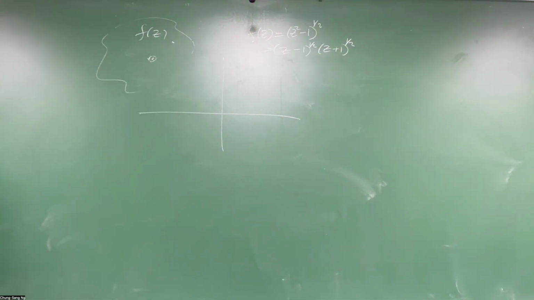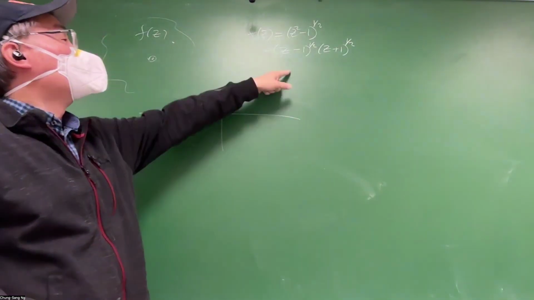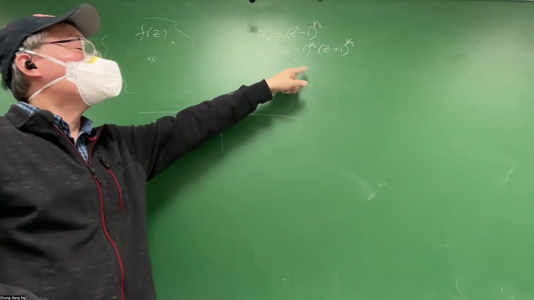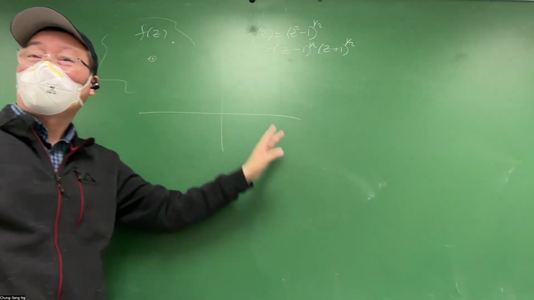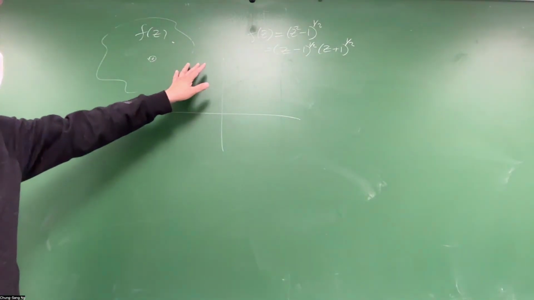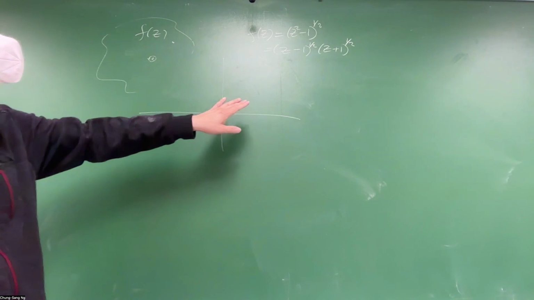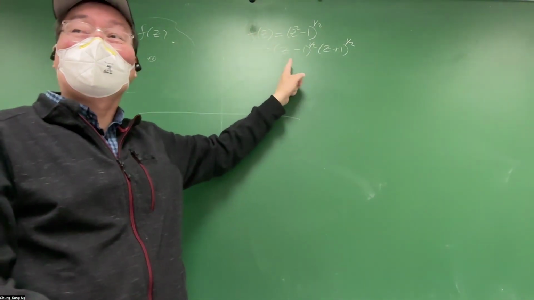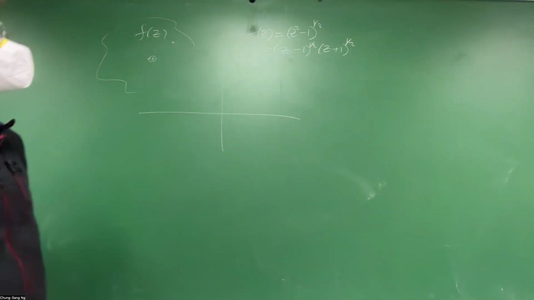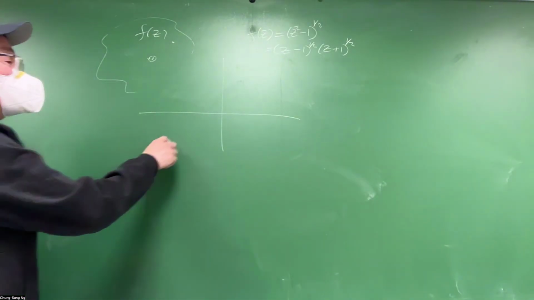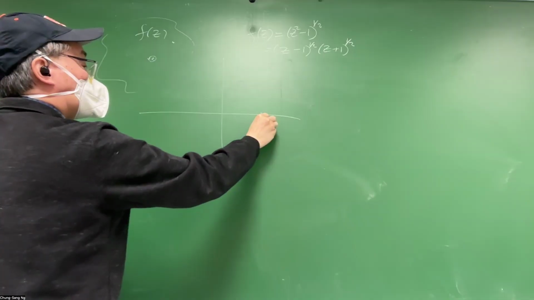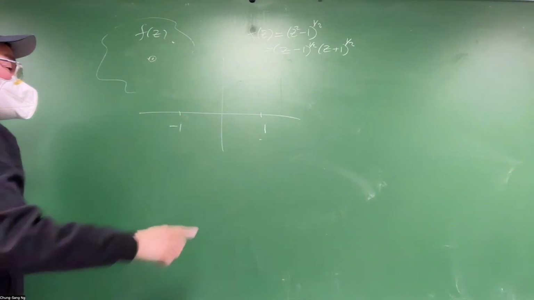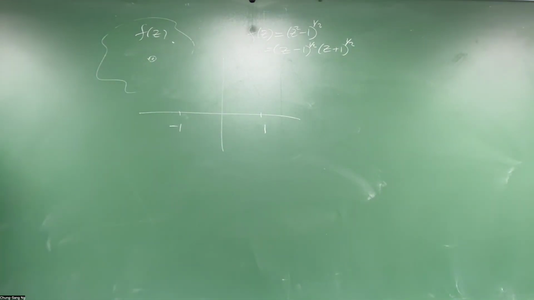Okay, so there are two branch points, right? You can see that. Where are the two? Minus 1 and 1, right? Everyone can see that. It's important, right? If you're doing an integral, you want to identify singularities, you identify where the branch points are. And you know, what about 1 and minus 1? Well, then